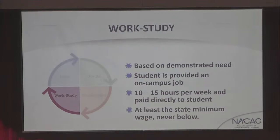Work study. So this is on-campus employment. This is, again, based on financial need. Each individual institution also handles this a little bit differently. Most students are working somewhere around 10 to 15 hours per week. I've seen a little bit higher numbers from some students as you get further along in your academic career, but